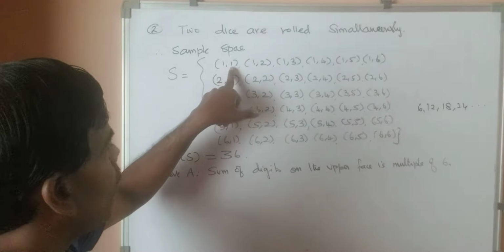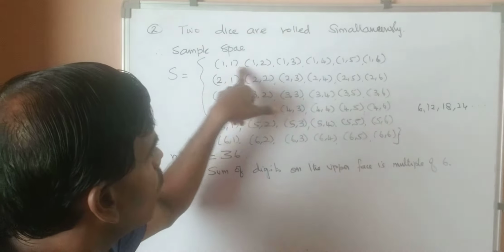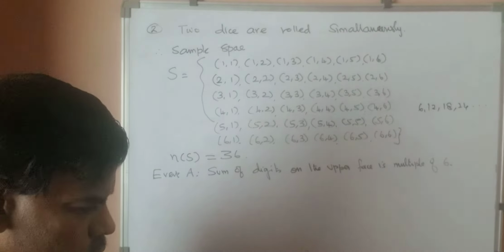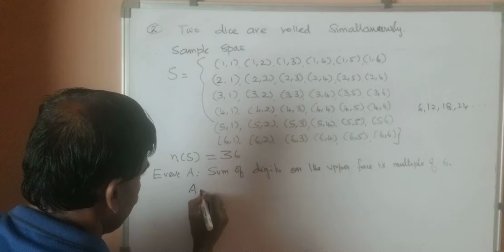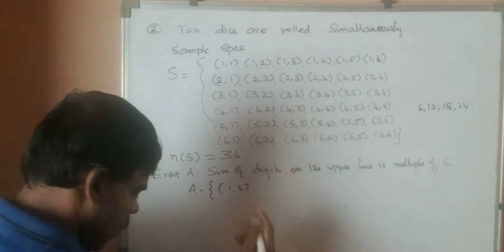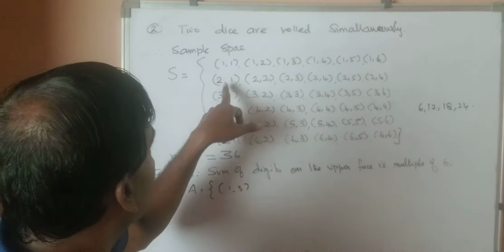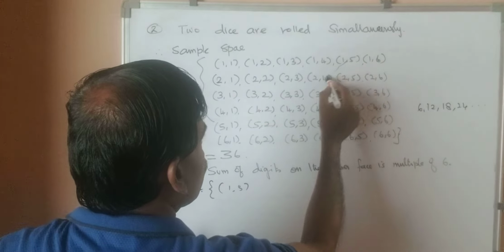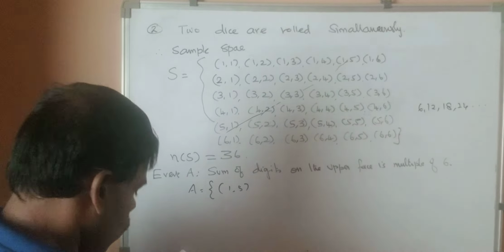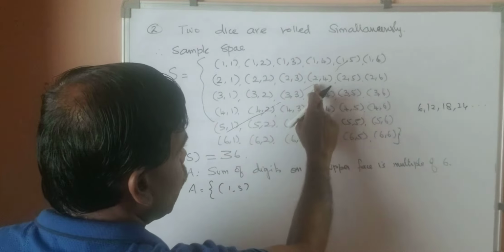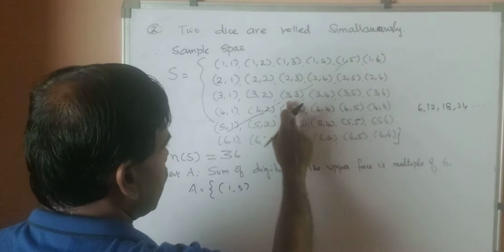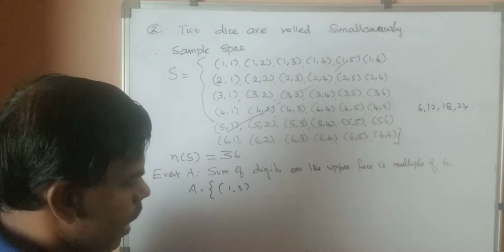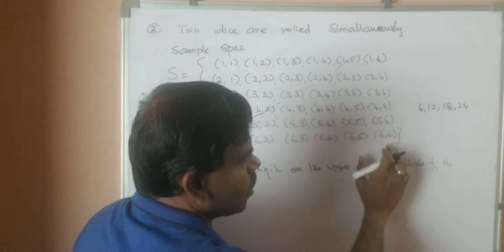Okay. Now, you add 1 plus 1, 2. No, it is not a multiple of 6. Here you see 1 plus 5, 6. Yes, 6 ones are 6. So, you have got 1, 5. And another one you will get, see here you add this, 2, 4. These things will come. So, if you add 2 plus 4, 6. 3 plus 3, 6. 4 plus 2, 6. 5 plus 1, 6. And now you see again 6 plus 6 is what?